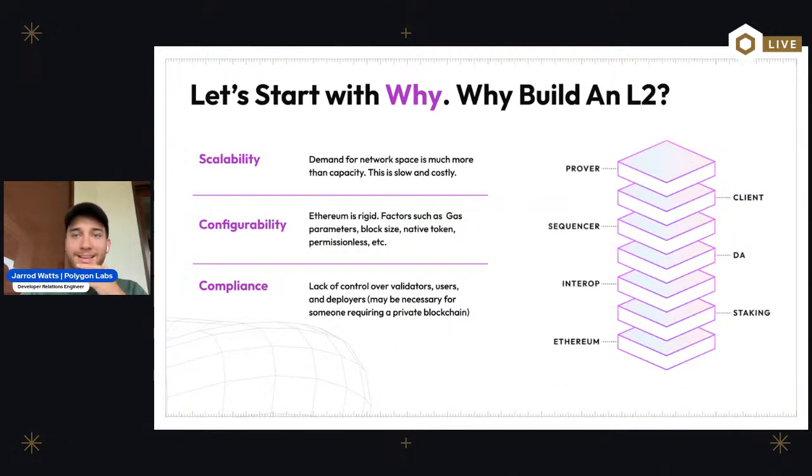All right, so I like to put this slide in because there's a meta right now where a lot of people are creating layer 2 blockchains, and a lot of them don't have a good answer for why. So why are you creating a layer 2 blockchain? What's your strategy? What's the point behind all of this? Why would you even want to create your own L2 chain? I like to include this early on because there are a couple of good reasons to create your L2 chain from a technical perspective. So the first reason I like to go through is that